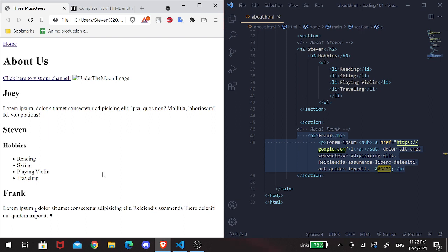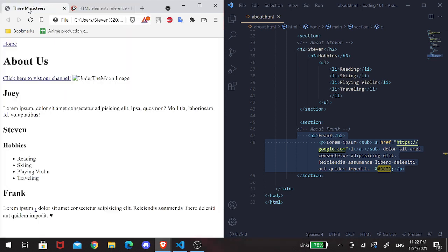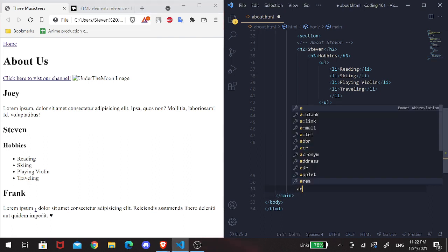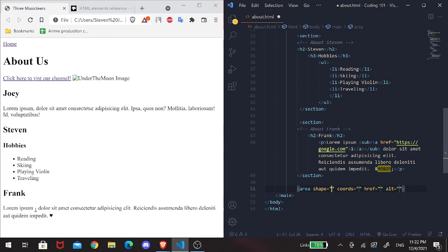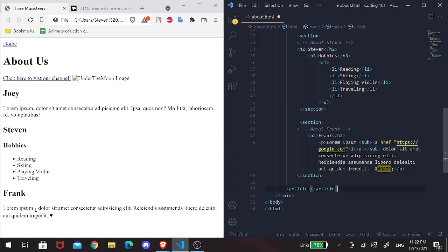Okay, so next we have some not as commonly used elements, and you can go to MDN to check out all the other elements, most of which you won't be using very much. And we have aside, which is used for sidebars. Let me type them out here. Article, used for, that is not article. That's an article. Thank you. Okay, article used for articles. We have aside, which are used for sidebars,